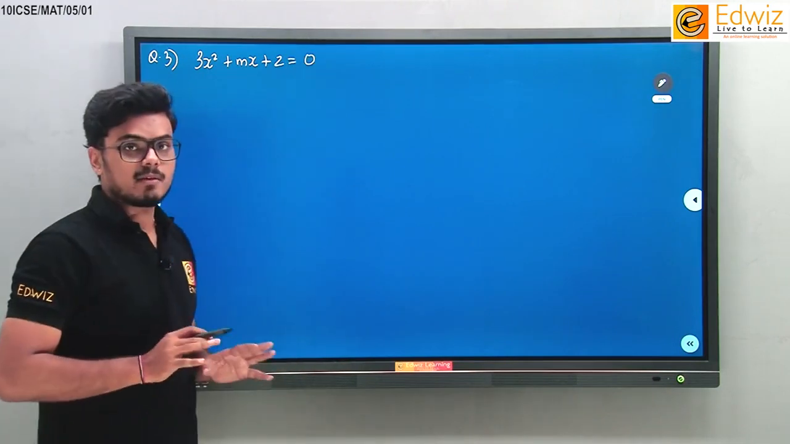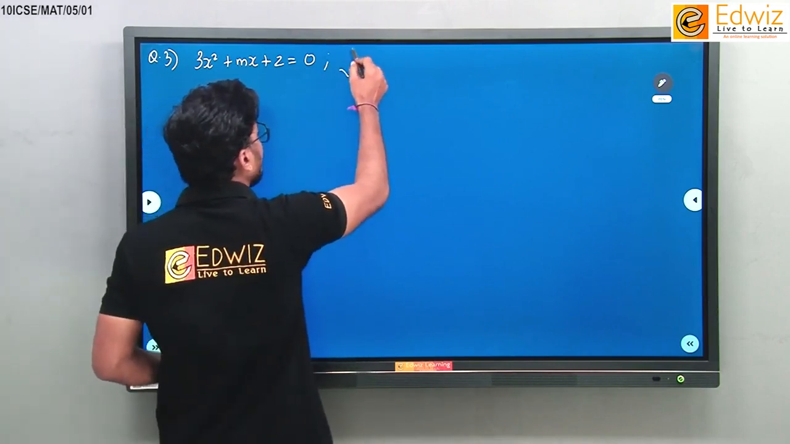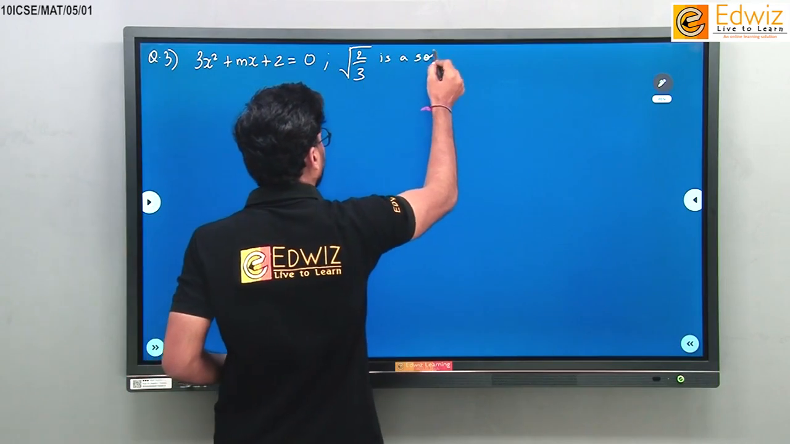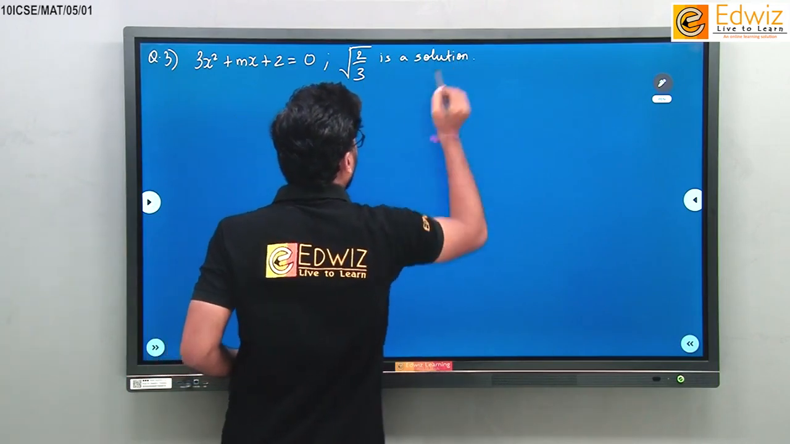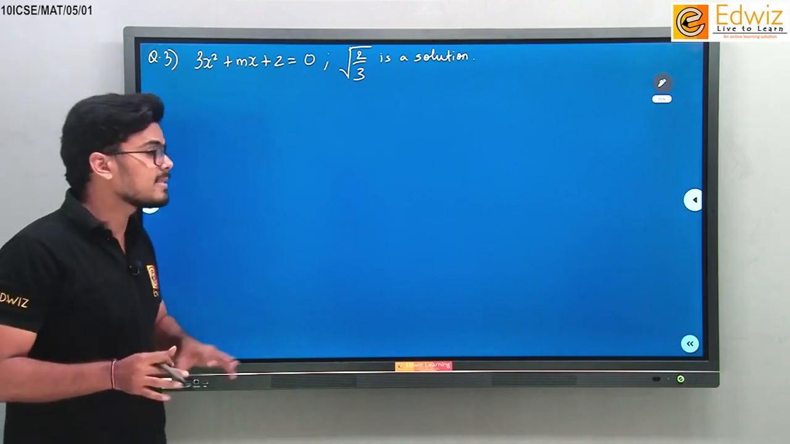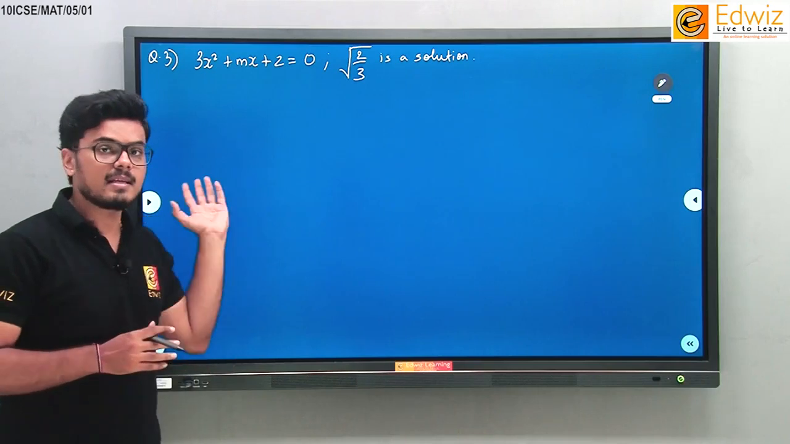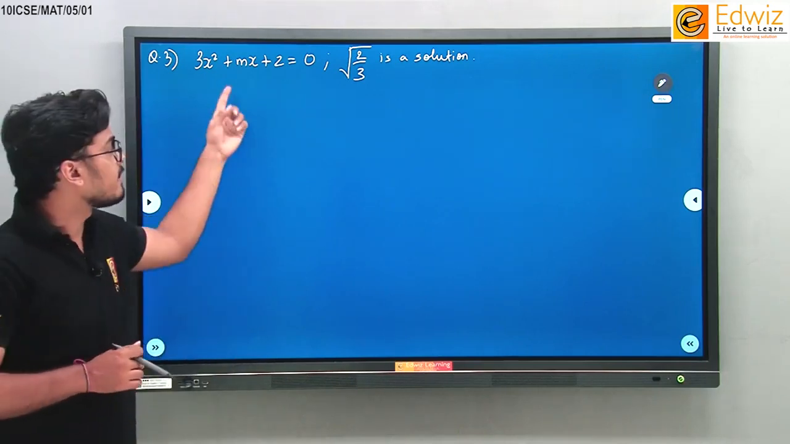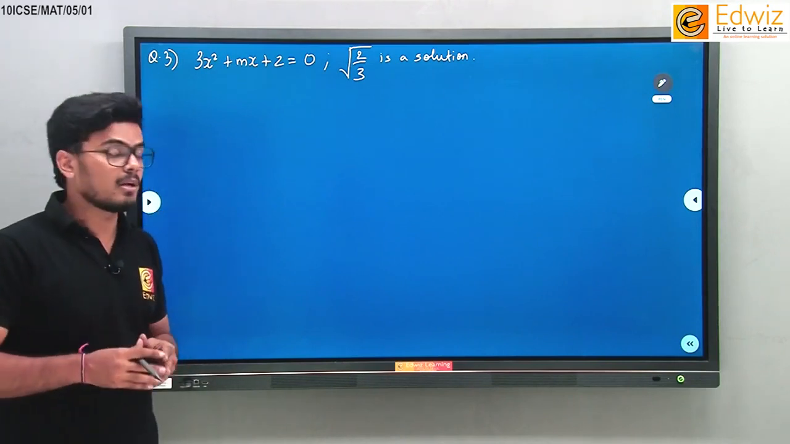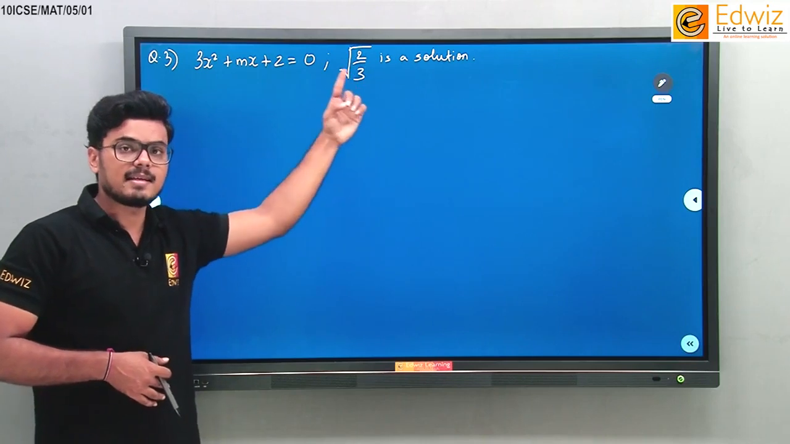In this equation, they have told us already that square root of 2 upon 3 is a solution. But we have to find the value of m. As you can see in this quadratic equation, only 2 of the constants are given, 3 and 2, a and c. But we don't know the coefficient of x, that is m. That is what we need to find out based on the information that root 2 upon 3 is a solution